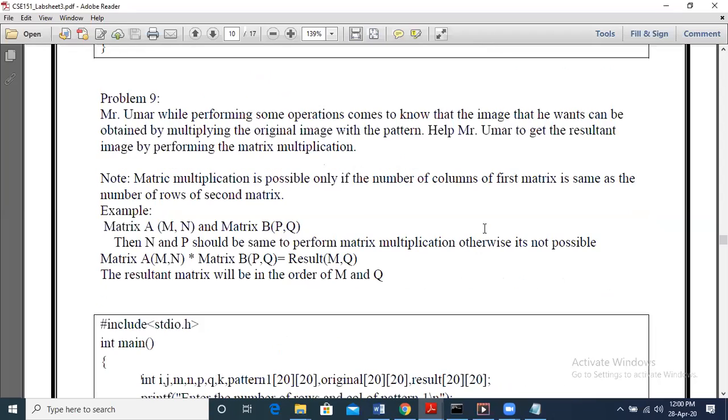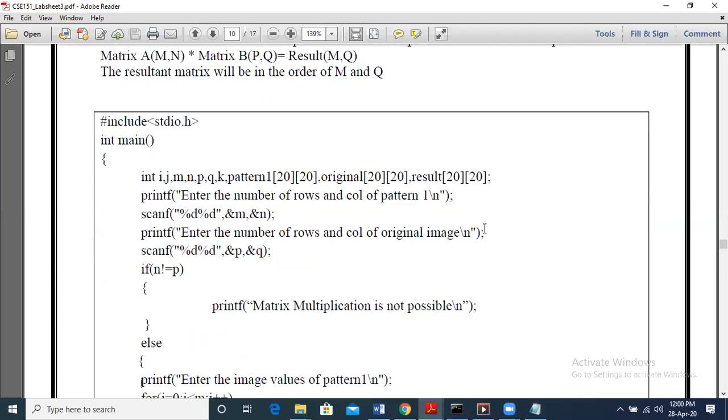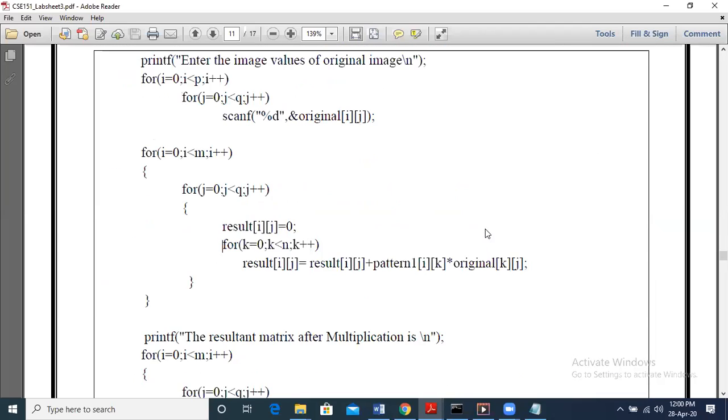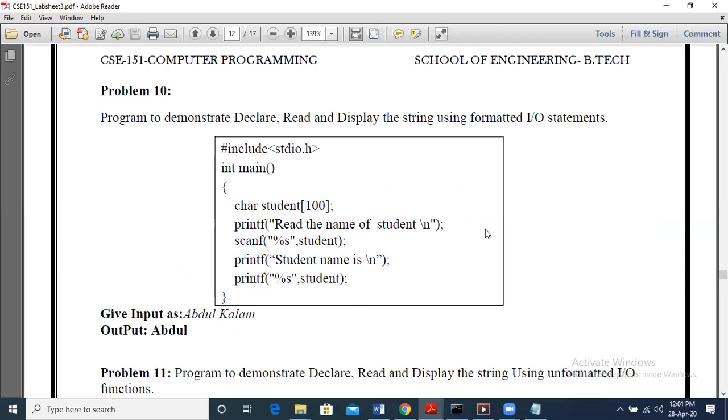Using a real-time scenario, continuing with Mr. Uma's research, we will see how to add two matrices and how to multiply two matrices. All these are part of 2D arrays. Problem 9 is matrix multiplication. I will be recording a video and I have shared a link also. Satyamanand sir's channel has different faculties who have recorded videos for explanation.